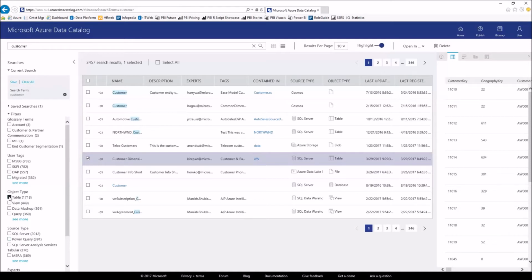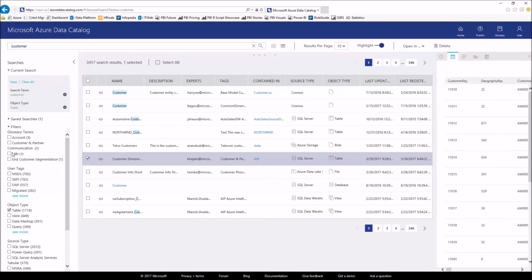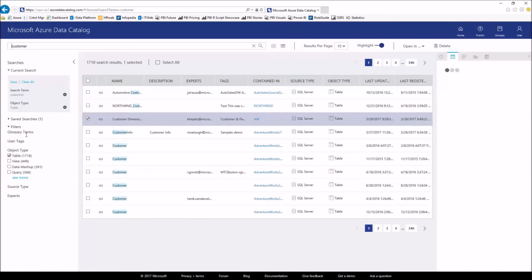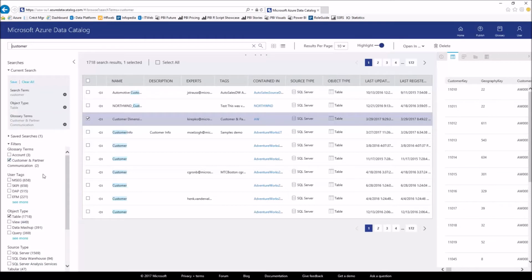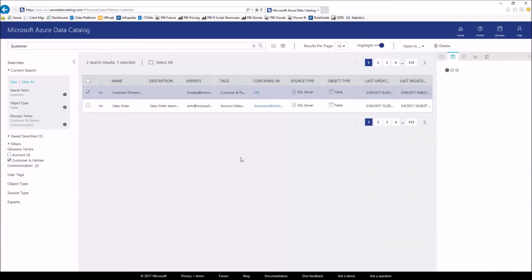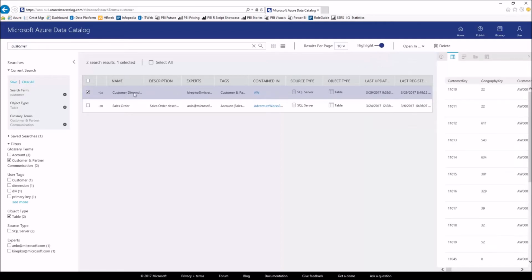Is it a table? But also you can assign glossary terms to your data. And so in this situation, we have a glossary term called customer and partner communication. Let's click on that. And that's going to narrow down our results set. So we're going to pick this customer dimension here,